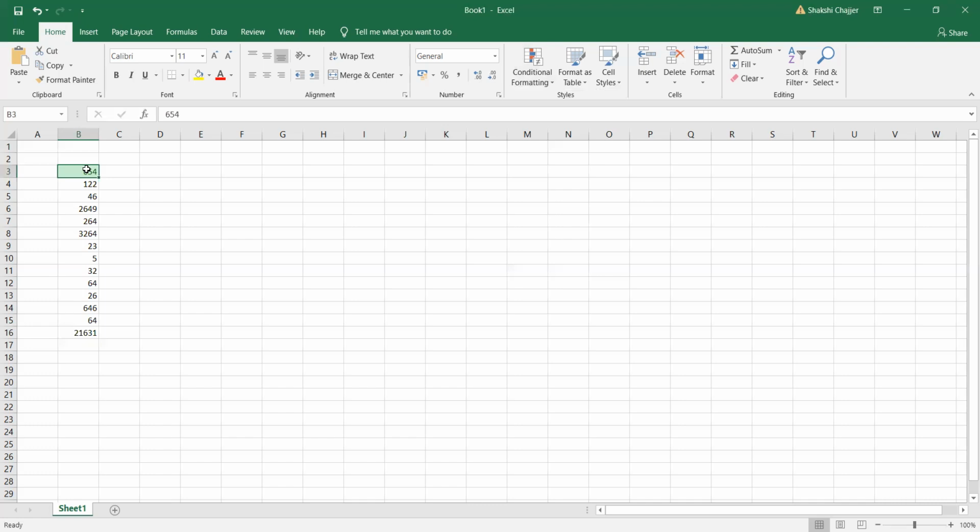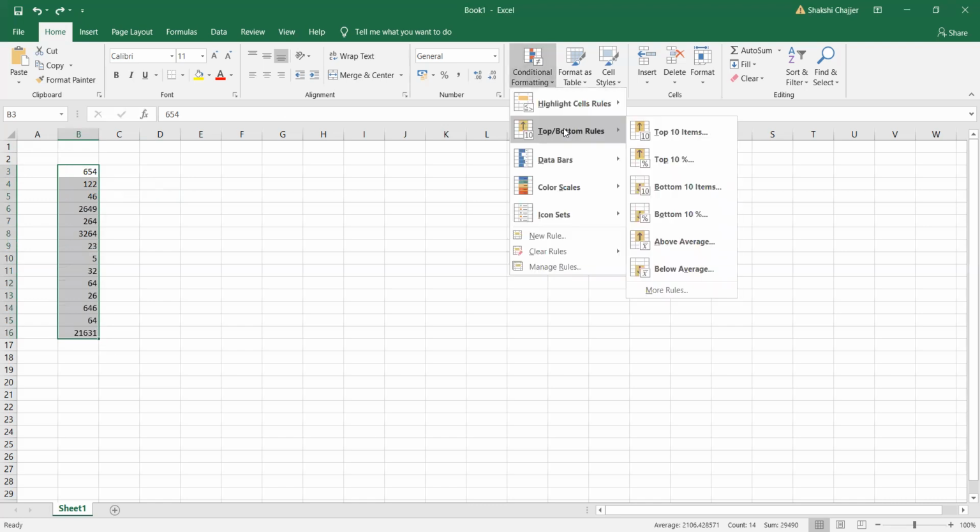Why only one cell got highlighted? Because I didn't select from which numbers I wanted the top 5 data to be highlighted. Now for that, what I have to do is I just have to select. Let me just remove the editing. I'll just select all the cells where I want top 5 numbers to be highlighted.